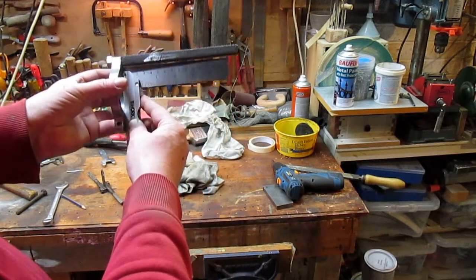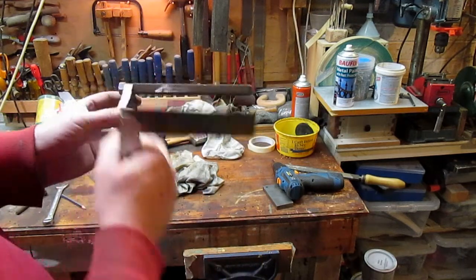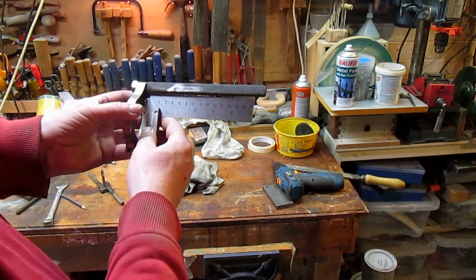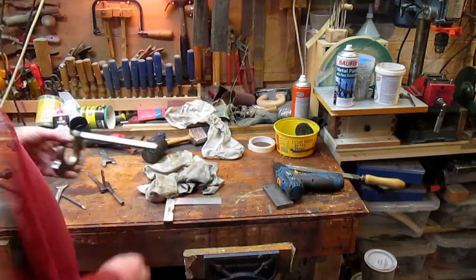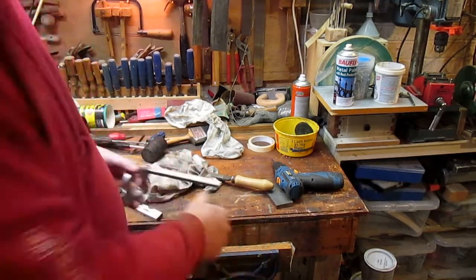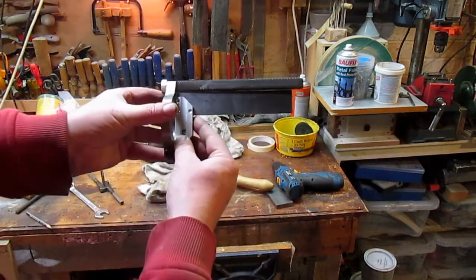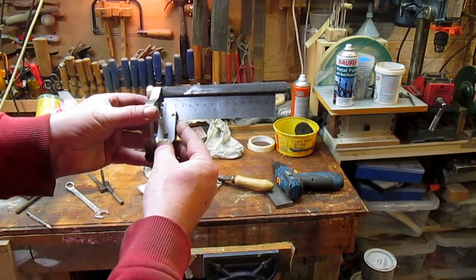What we need to do, of course, is to see that that is square on there, and at the moment it's not. So I've got to adjust the shoulders here, which I can file. So I'll do a little bit of filing and we'll come back and have a look. Okay, so that was literally a couple of strokes of the file. It didn't take much at all, but there you go. If anything, it was a little bit too much, but